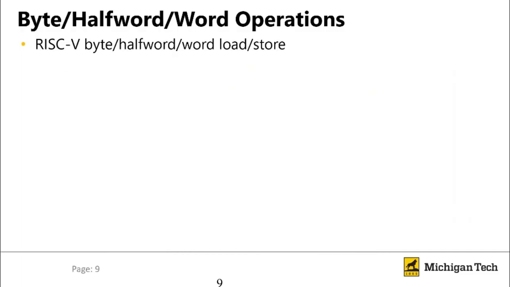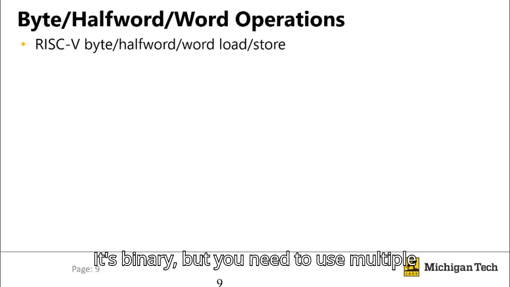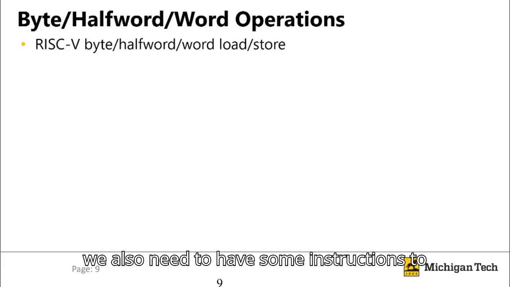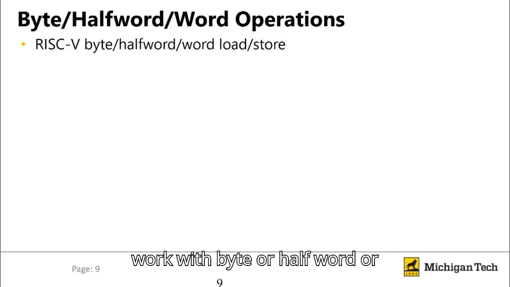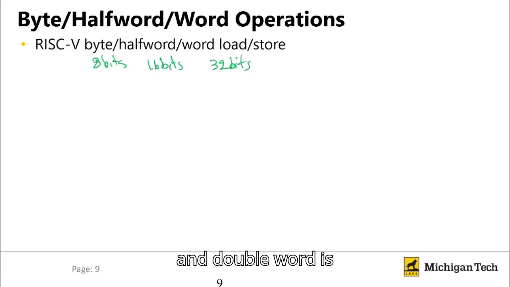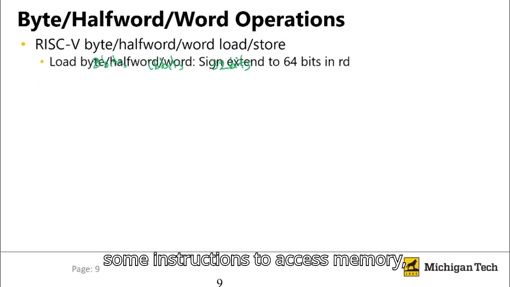Anyway, that's how we can put characters in a computer. We just need to use the same way. It's binary, but you need to use multiple binary values, like 7, 16, or 8 bits, to represent each character. But we also need some instructions to work with byte, half-word, or double-word. Byte is 8 bits, half-word is 16 bits, word is 32 bits, and double-word is 64. So we have some instructions to access memory